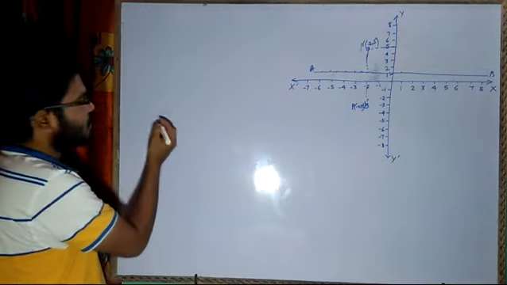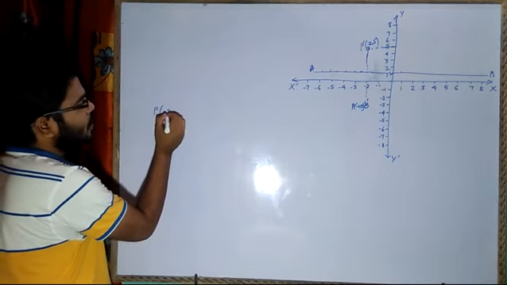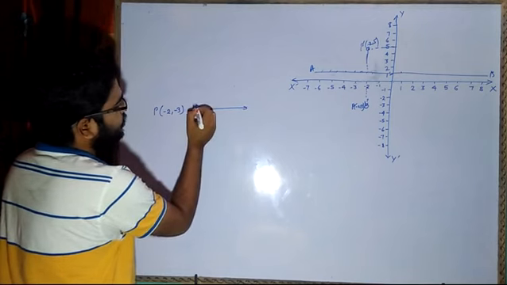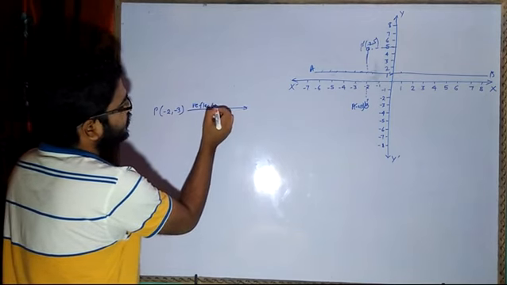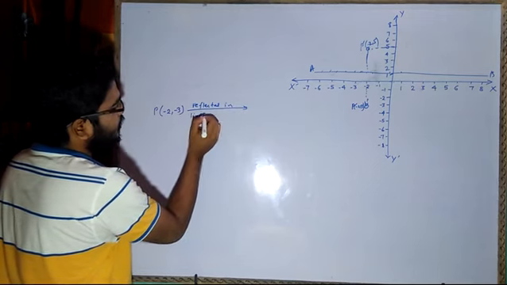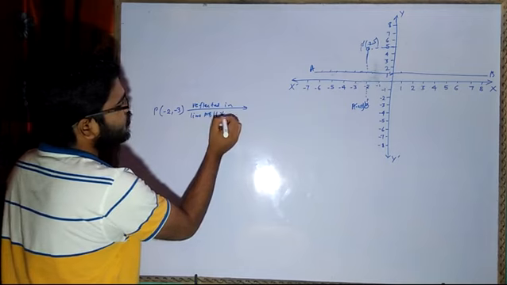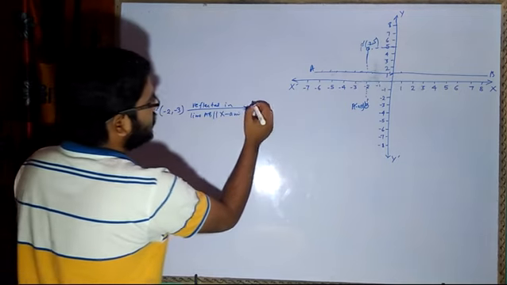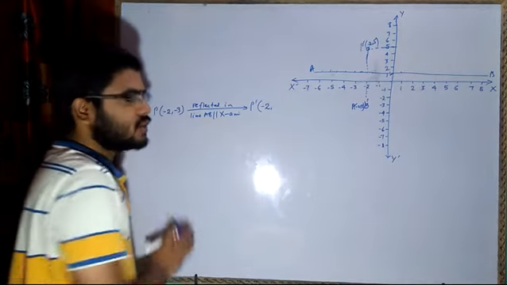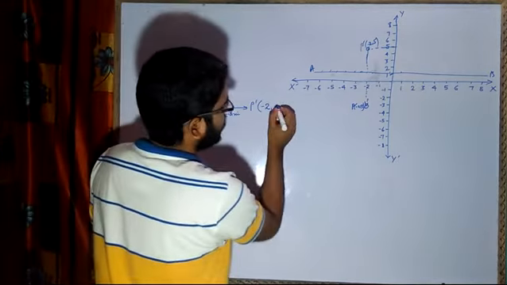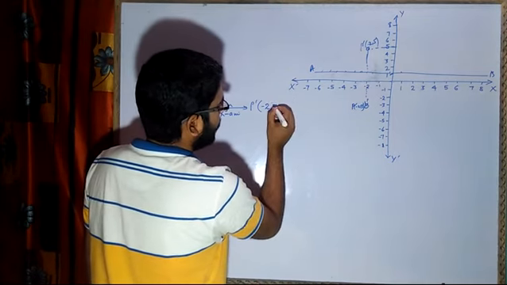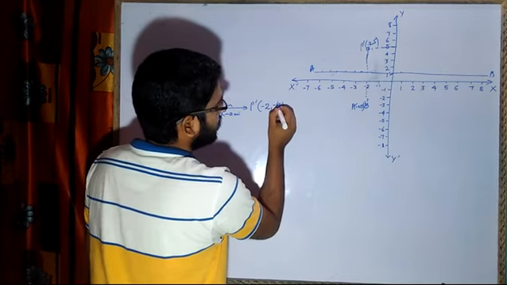Now if you go by the formula, what will you write? P is equal to -2, minus 3, reflected in line AB parallel to the x-axis. Then you will write P dash. What is the value? It is reflected in the line parallel to the x-axis, so no change for x. Then you will write y. What is my original y? Minus 3, sorry, it is minus of -3, right?